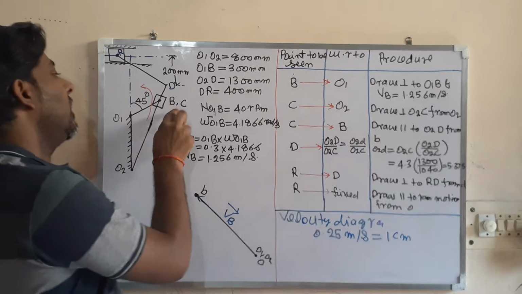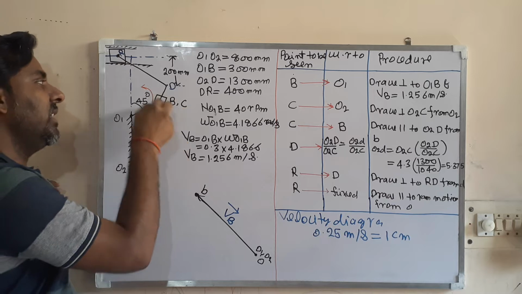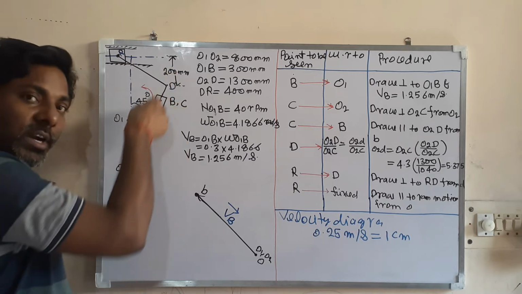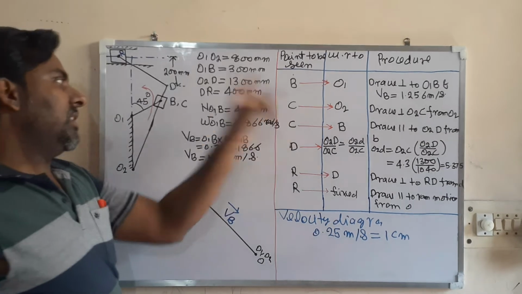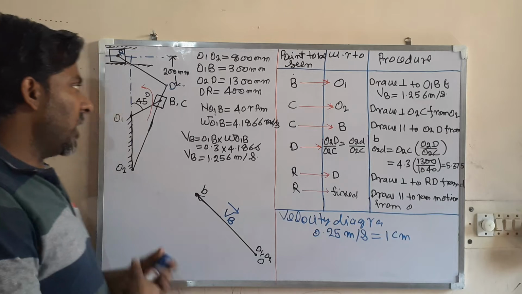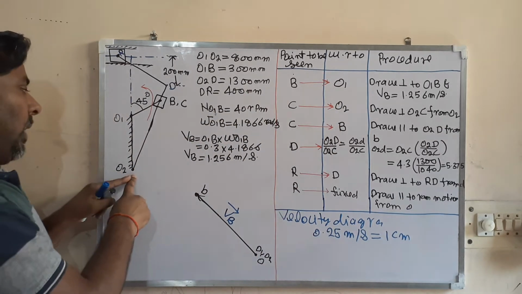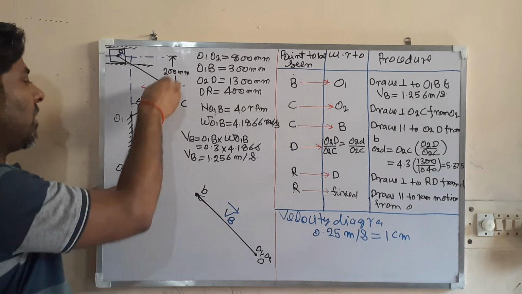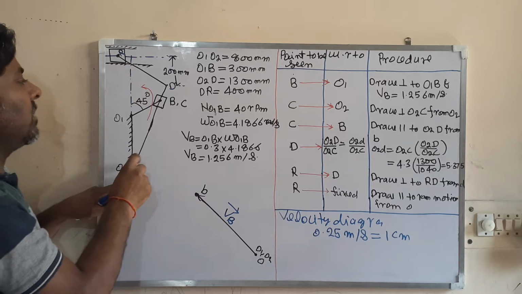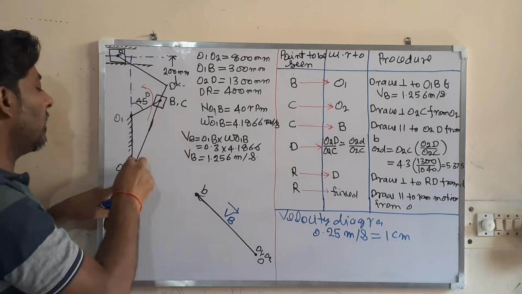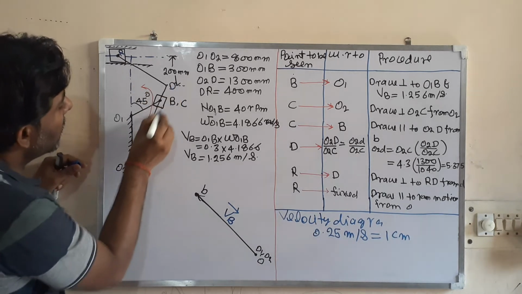I have told that this B and this C are coinciding, but this point B is on the slider and this point C is on the slotted bar. Now I am going to see the point C. Look at here. From where are you going to see point C? We first saw C from O2. This C is on the link O2D. I am looking from O2. So the velocity of point C on the link O2D will be perpendicular to this. That will be perpendicular.